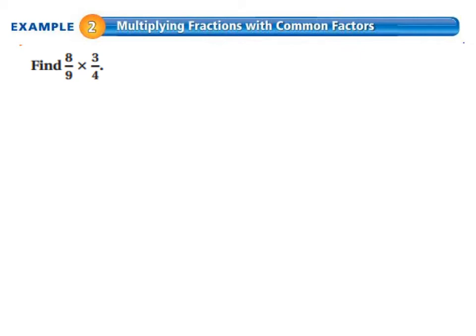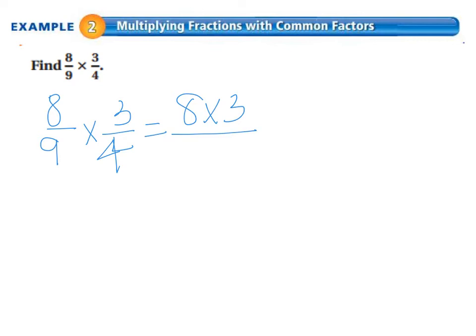Example 2, multiplying fractions with common factors. This time we're asked to find the product of 8/9 times 3/4. Again, if we write that out, 8/9 times 3/4, we're going to multiply the numerators, 8 times 3, and multiply the denominators, 9 times 4. Before we go any further, though, this time we're asked to find some common factors and divide those out before